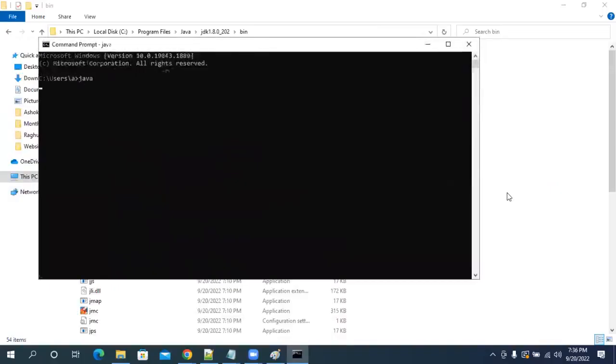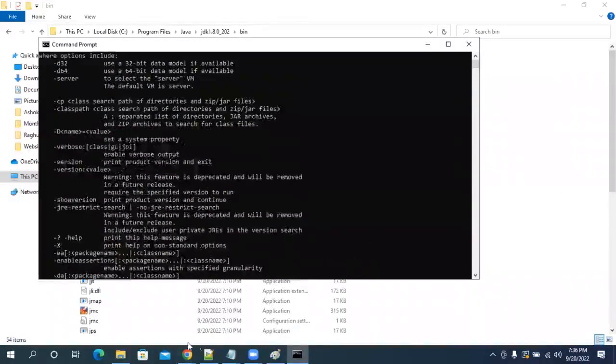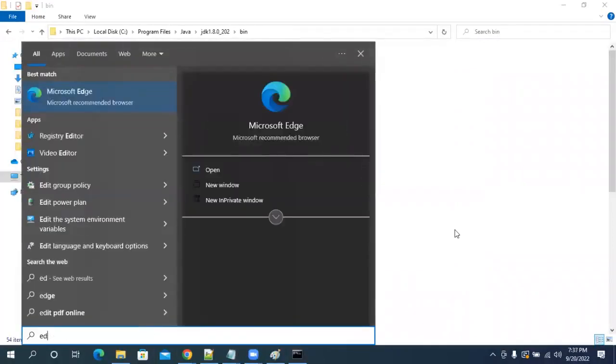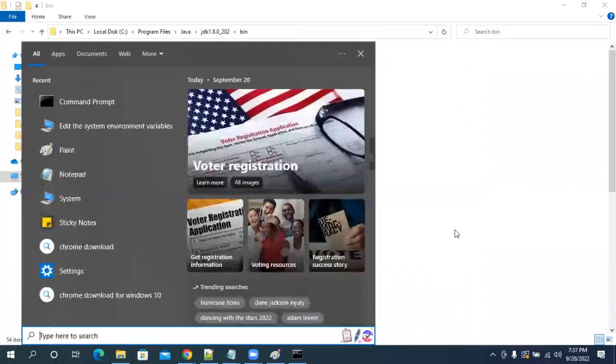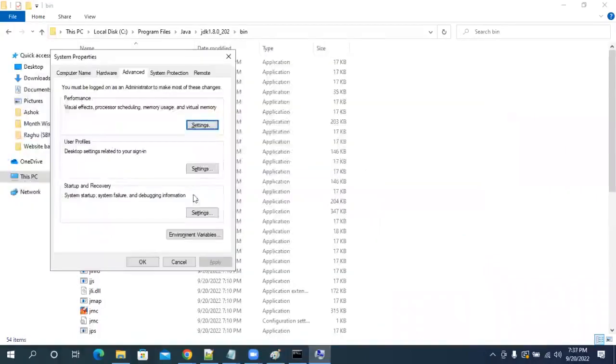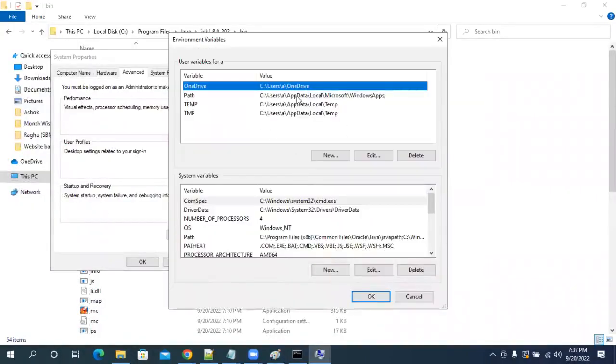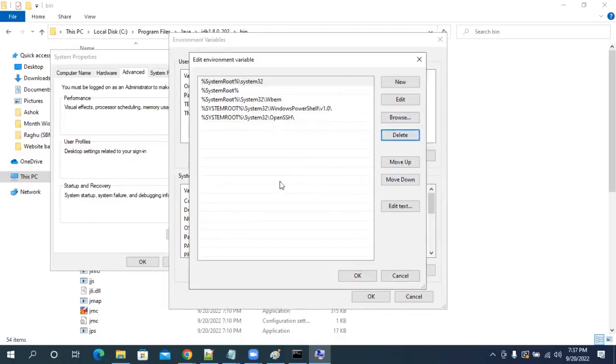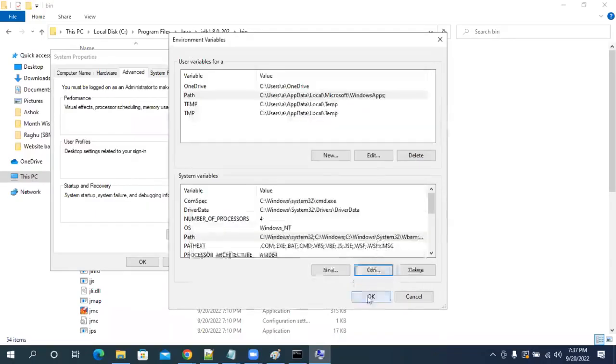After deleting, I'm executing this. I think here. One minute. Environment variables, Path, edit. Here, the Oracle Java path is there, man. Delete that. Okay.